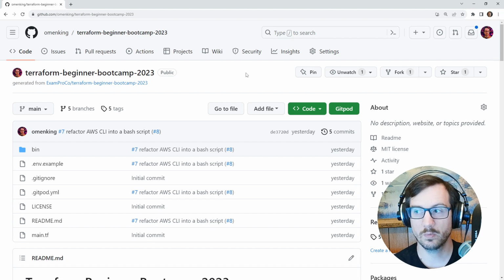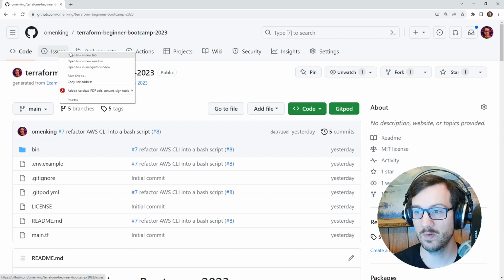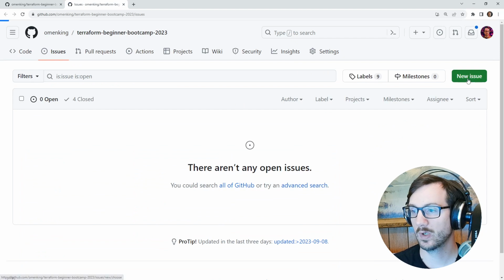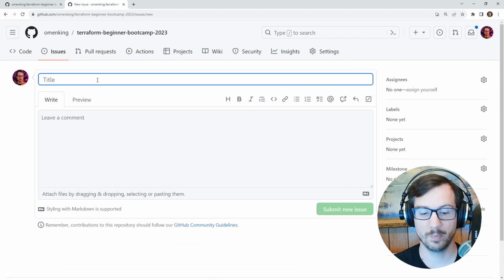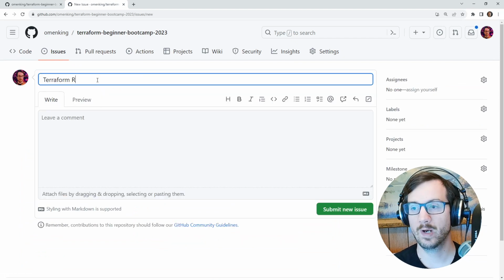I don't necessarily want to do AWS in this one, but I want to introduce you to the Terraform Registry website and talk about how to configure providers. So I'm at my repo here, and before we do that, we're going to create a new issue. We'll create a new issue here, and we're going to set up Terraform randomness,